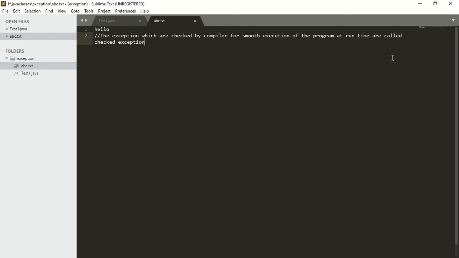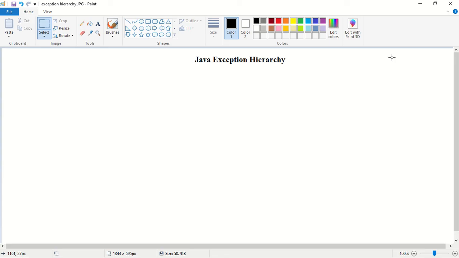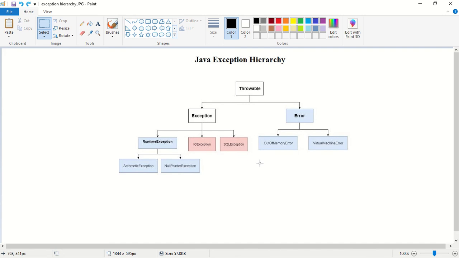Next, how to identify checked exceptions and unchecked exceptions. For this we have to see the Java exception hierarchy. You know that in the Java exception hierarchy, the Throwable class acts as the root class of all exceptions in Java. Under the Throwable class, we have two subclasses, Exception and Error.